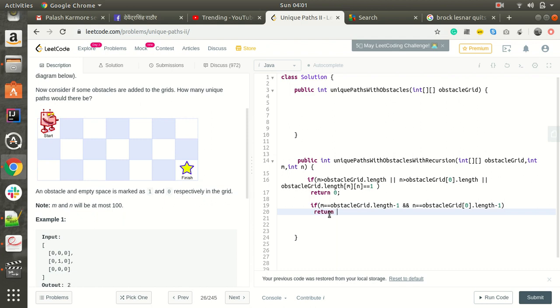So this path will be counted as a 1. In any condition where the robot reached the finish line, that path will be counted as a 1. So we'll return all the paths which are going right side or downside.